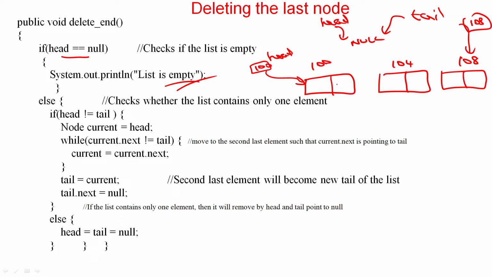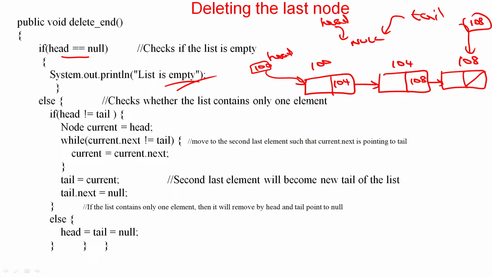Now the first node is having the address of 104, so the link is created. The second node is having the address of 108, so the link is created. The third node is having null, so there is no node after the third node. Okay, now our aim is deleting the last node. So already we know,